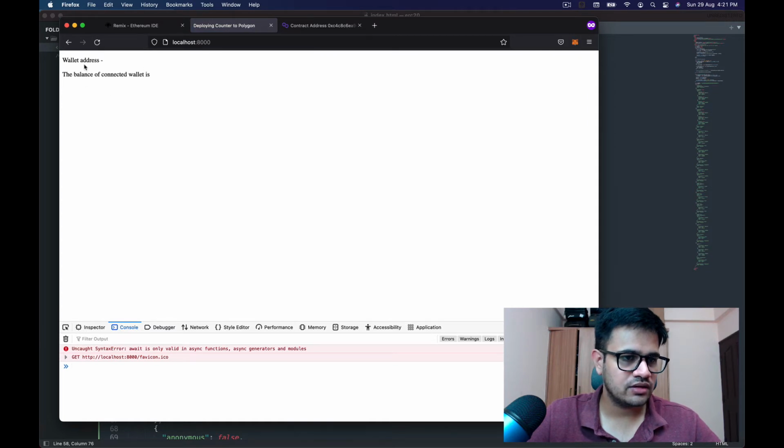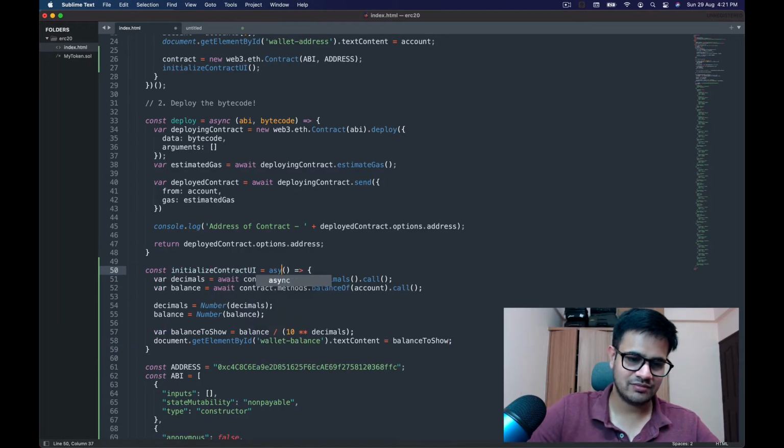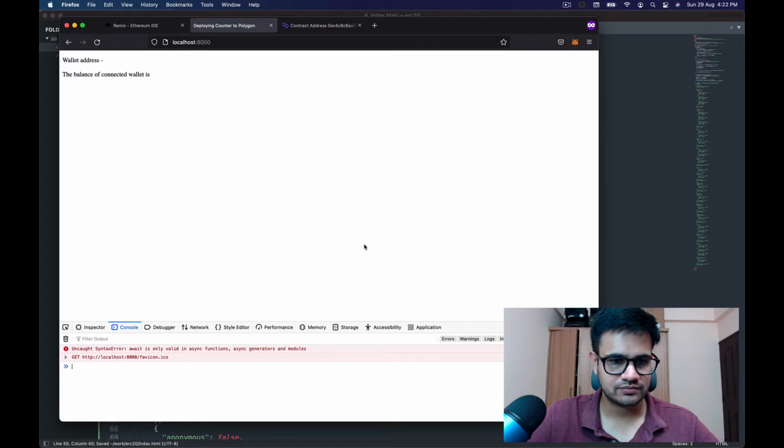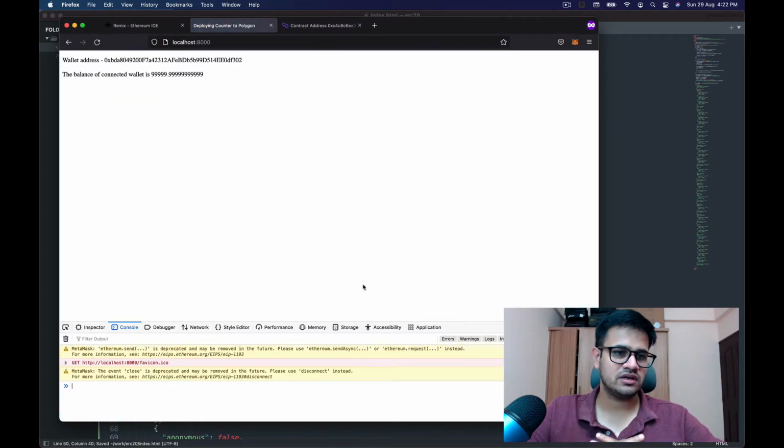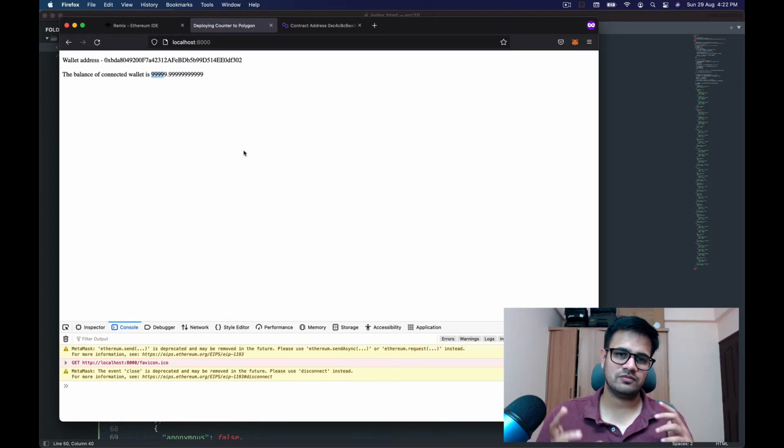So we're already calling this contract over here, so I can just go and refresh. There's no wallet address connected. Await is only valid in async functions. So there's an error from my end over here, and I can just make this an async function and then refresh. And great, everything seems to be working now. The only thing is that it shows 99,999.99 instead of 100,000. This is because of the difference in the way JavaScript works with numbers.